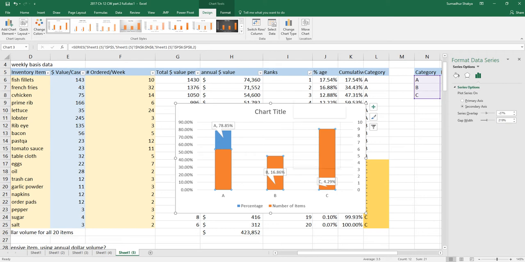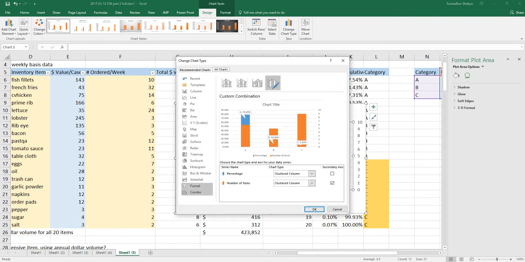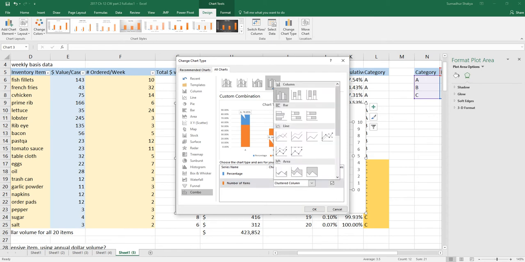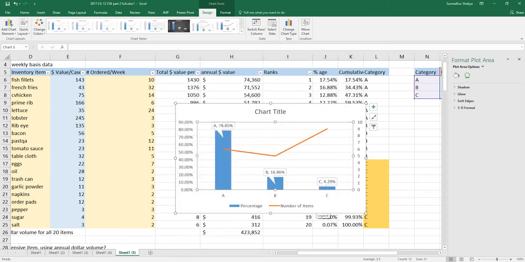Still not what I was looking for. Let me change the graph here. Change the chart type, combined. I want this to be, let's say, the line graph. Okay. Somewhat better. Okay, so in terms of category, we have category A item 78%, B item 16%, C item is